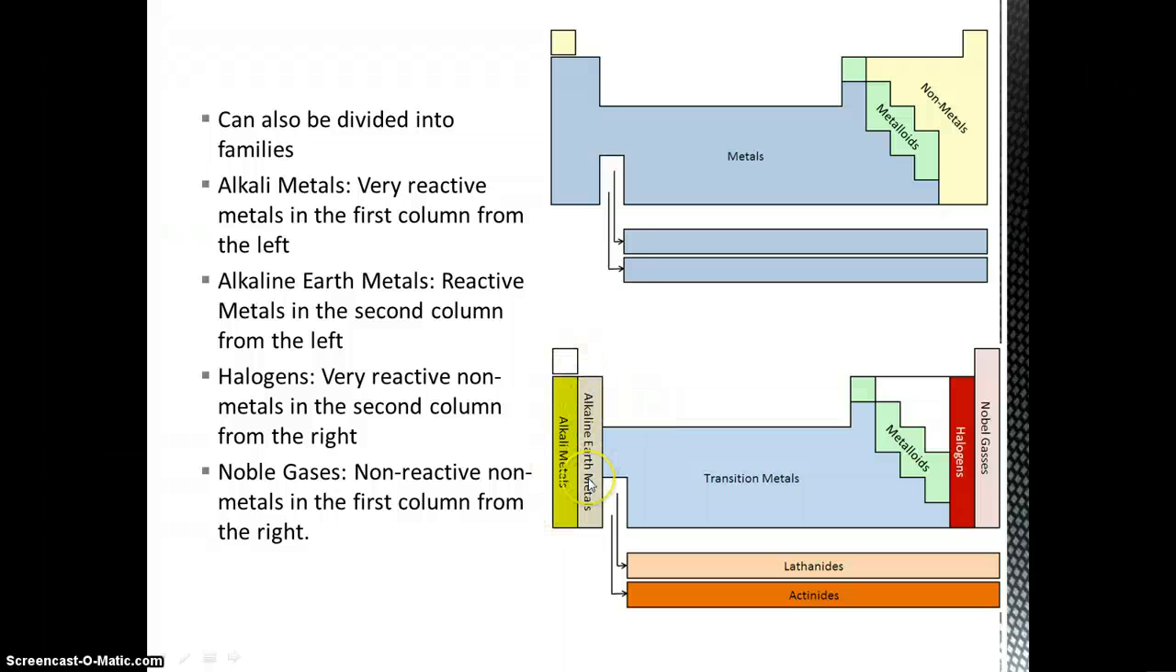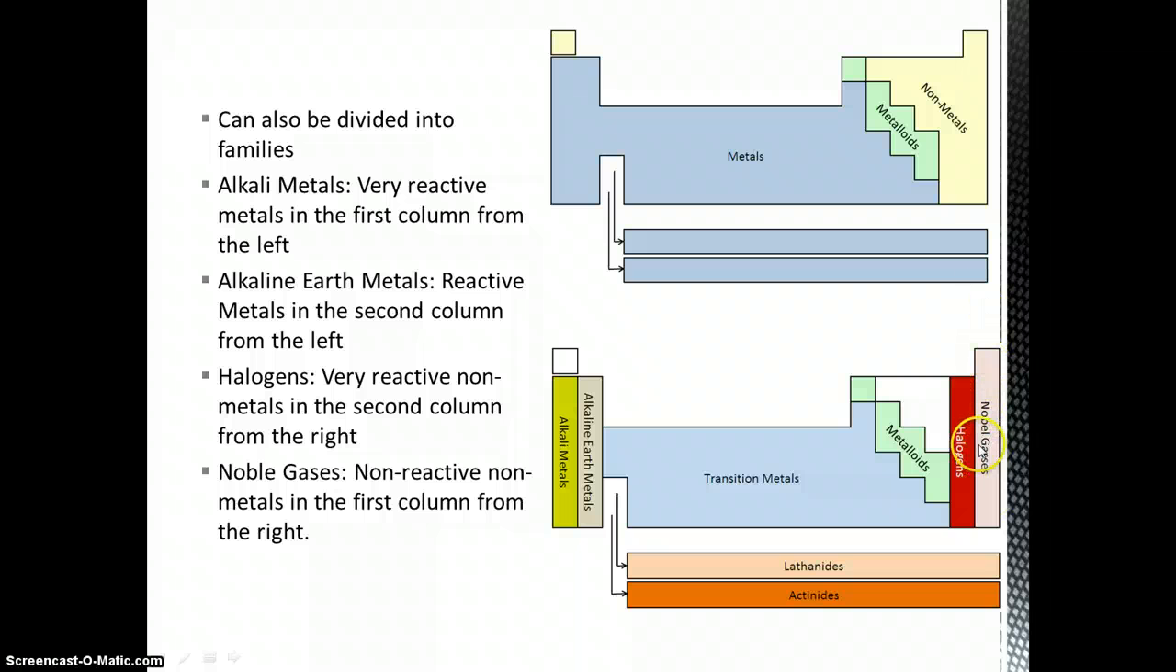The alkaline earth metals are also very reactive metals, not quite to the same intensity. The transition metals, we'll talk a little bit more about them in senior chemistry. They're a little bit more unpredictable. Some are more reactive than others, and they all have different oxidation states. The noble gases, this is spelled wrong, but